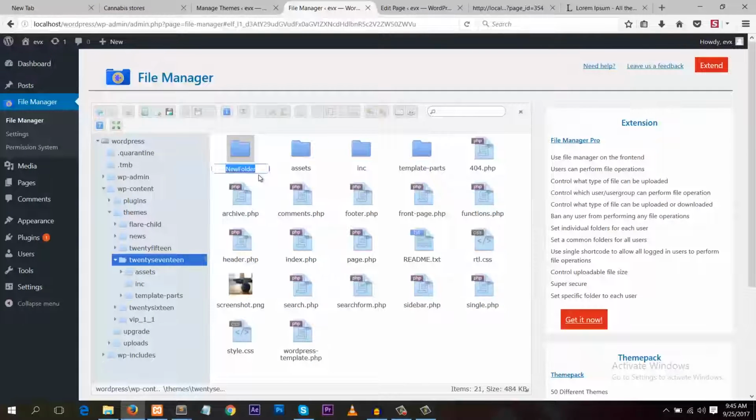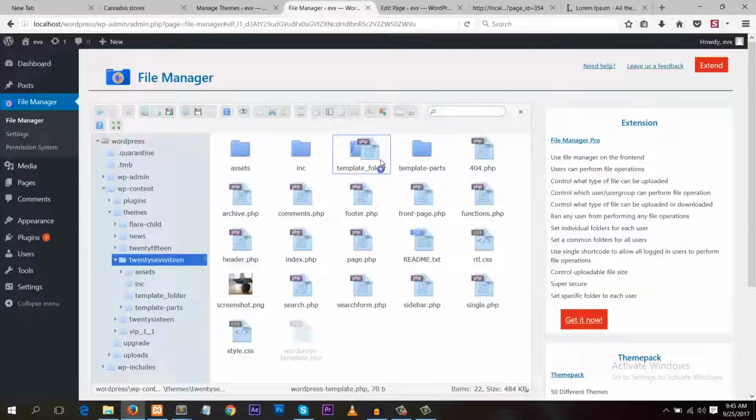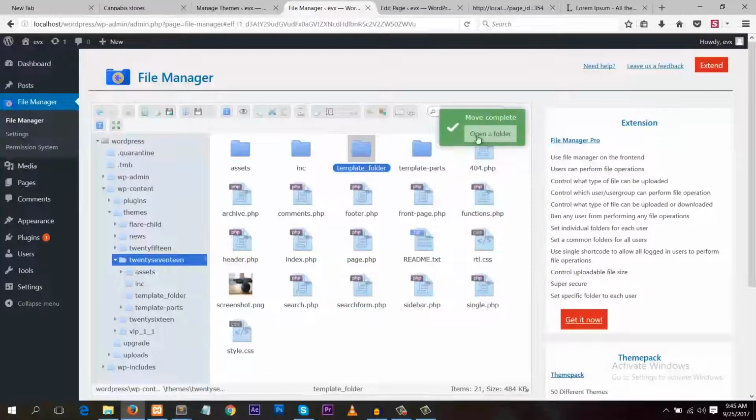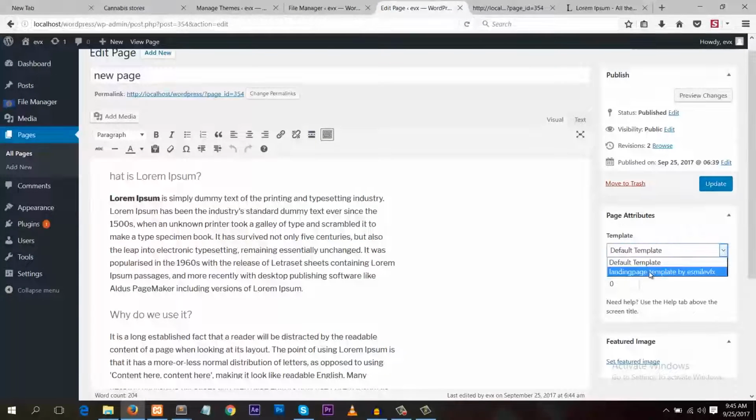So I'll name this EVX template folder, and then drag our page template into there in open folder. So if we refresh, see the page template is still there. Update,